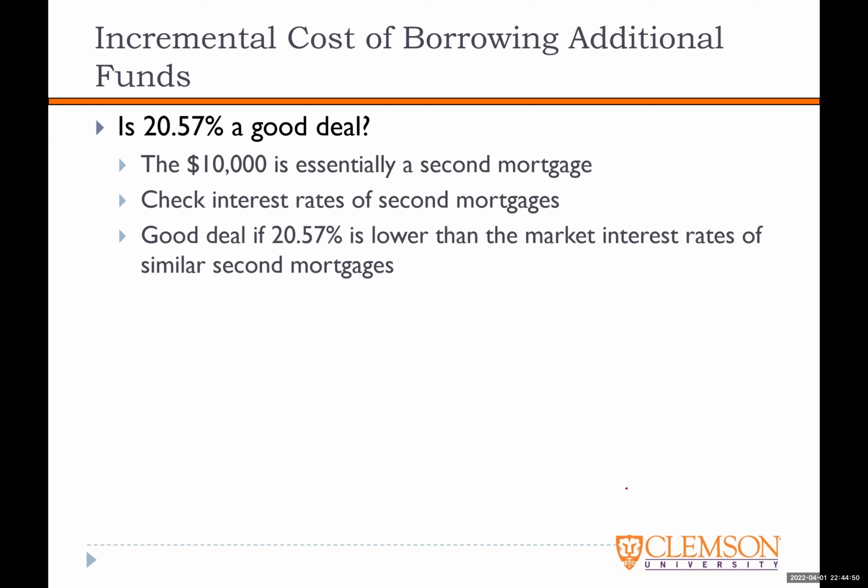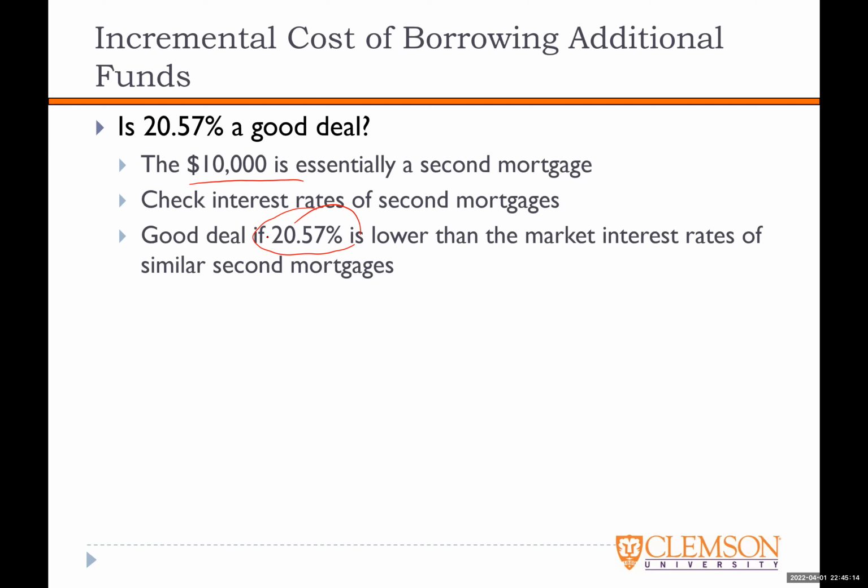So now we look for the market rate for the second loan for this amount. If in the market, all the available second loans are higher than this cost every year, then